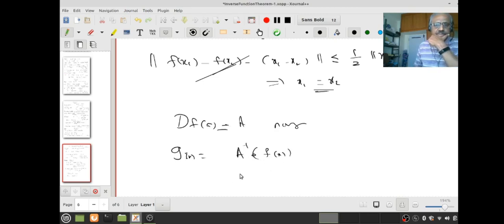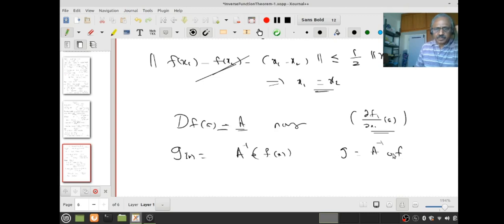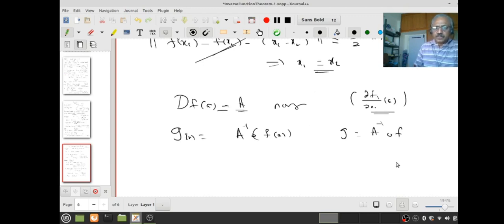Do you follow that? Remember, now A is a fixed matrix. It will be del f by del xj at a, but this is now fixed, therefore it is a constant matrix. The matrix consists of real numbers. Do you follow that? Therefore my g is A inverse composite f. Do I agree with that? Now notice that since A is non-singular, A is a bijection,